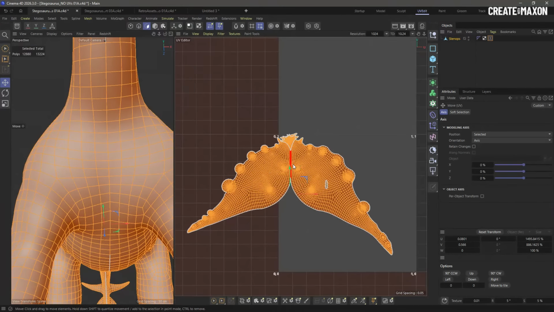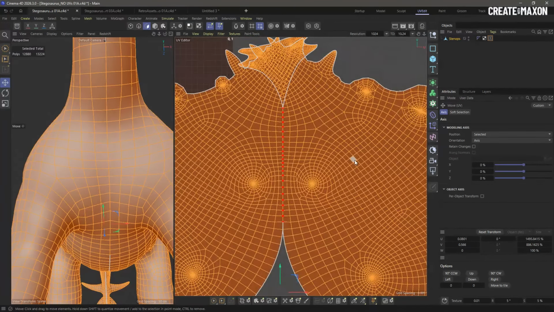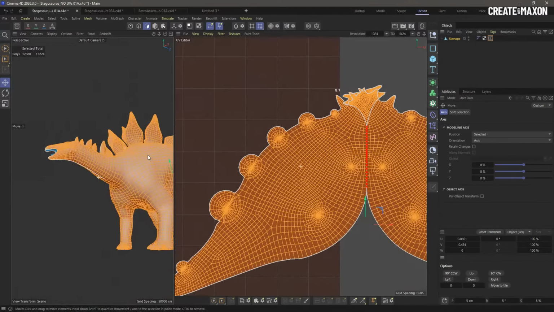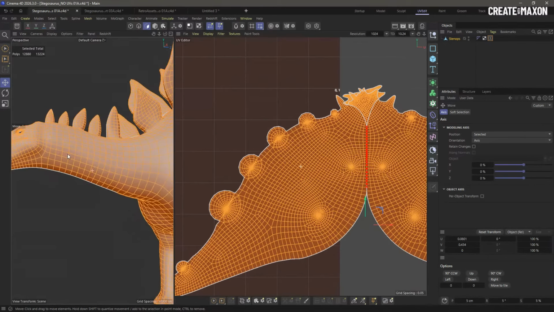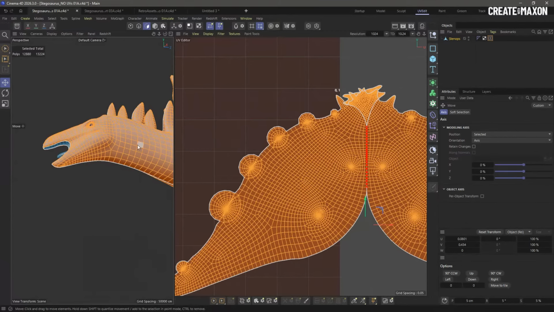And you can see that the workflow has become much more streamlined. Of course, you get the overlaps here because these are two separate islands. For anyone that does dinosaurs, as far as I've realized, usually the head, because it's a hero asset, they cut it out and use a higher texel density to texture it and so forth. But in any case,